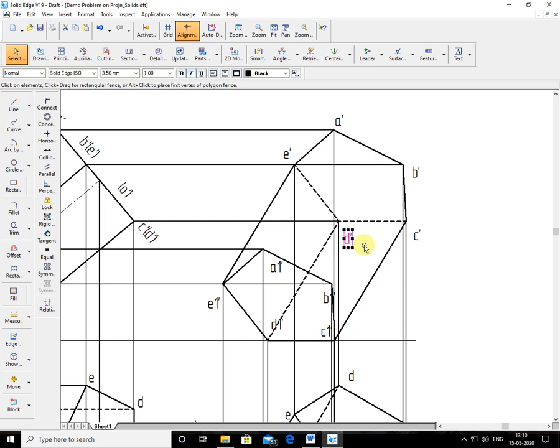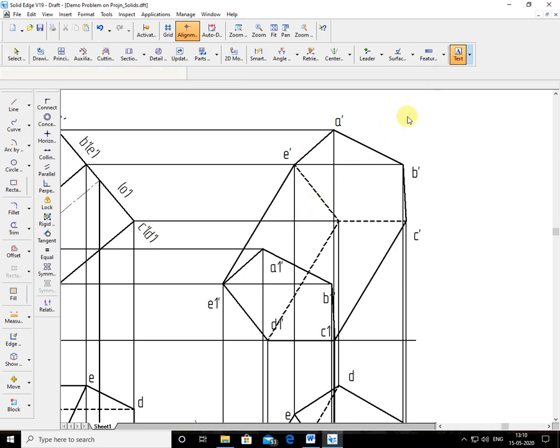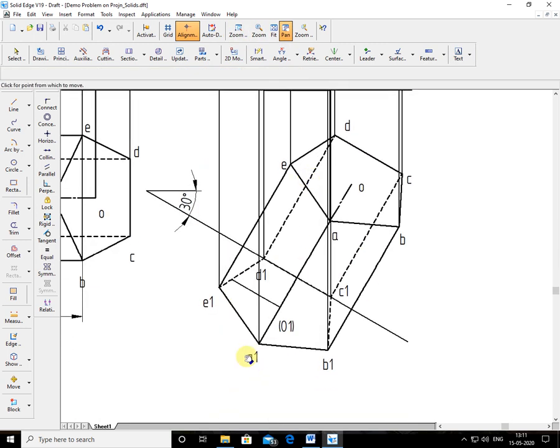Okay, now A1 dash B1 dash, it is seen. Why? Because you see here, if I pan here, you can see the A and B corners are very near to the observer. Both corners are seen. And I told you, between the extreme corners, this is the extreme projector, this is the extreme projector. If I join up to this extreme projector point, from here up to here, this portion is seen.